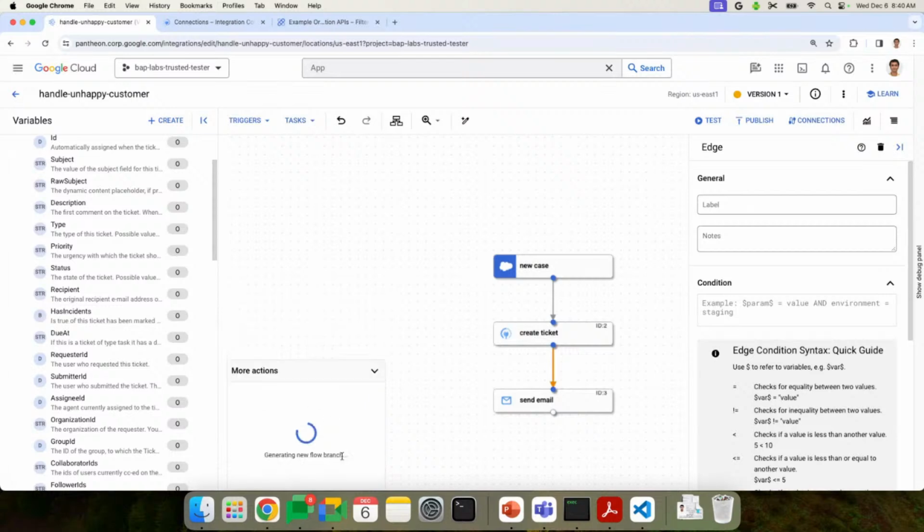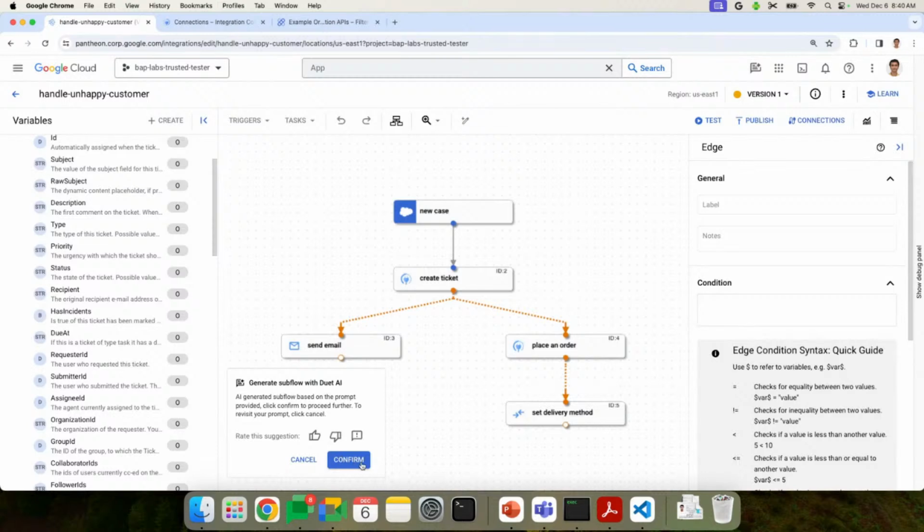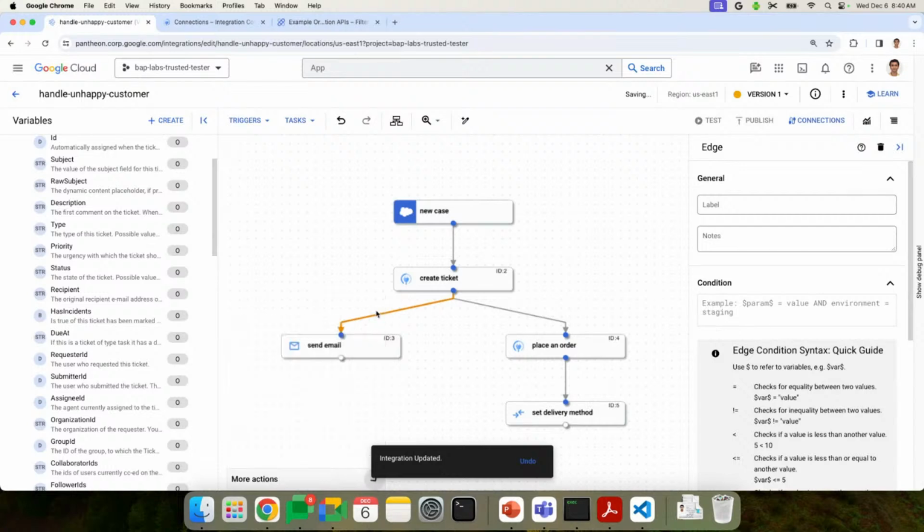Again, the same thing it does. It goes and understands, passes the LLM, identifies what the steps to be done, whether it could be more complex. You could say, for each thing, do this, iterate through. It can actually understand and go and do multiple things here. As you could see, it came up with place an order and a delivery method.